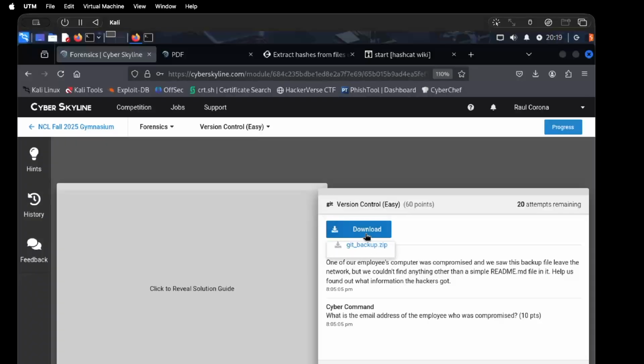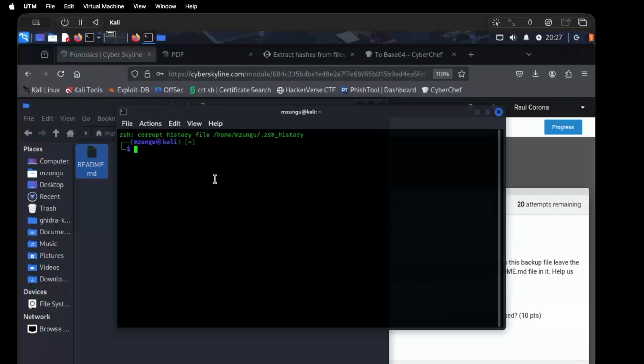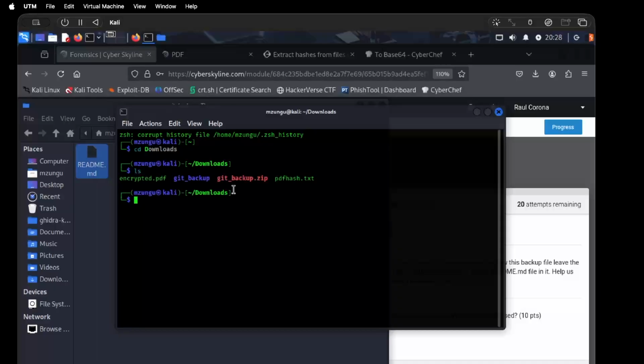So we're gonna have to download the file. CD downloads. Okay. Is this the Git backup? This is the one I unzipped. This is the one I downloaded. Oh, gotcha. Go into the Git backup folder